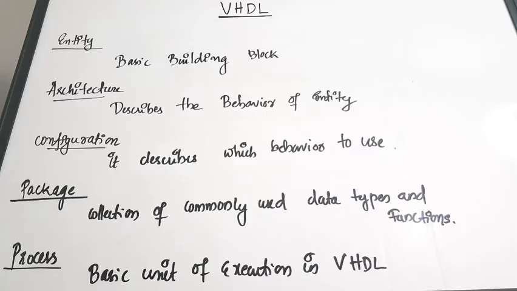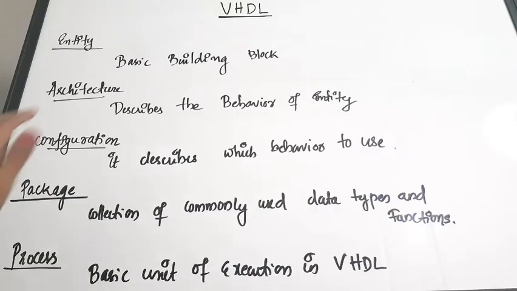First one is entity. If you are studying VHDL programs, then you should know what an entity is. An entity is the basic building block in a design. All designs are expressed in terms of entities. Consider that you are going to write a program for an AND gate. The first thing you are going to do is write an entity. Next we'll be uploading a video on how to write an entity. So entity is the basic building block of a VHDL design.